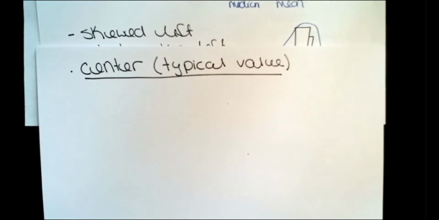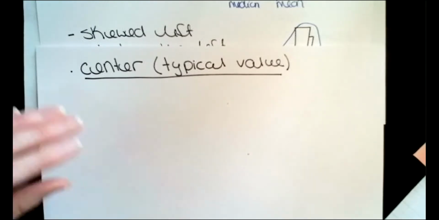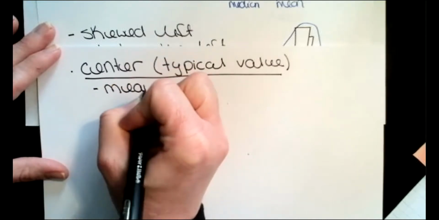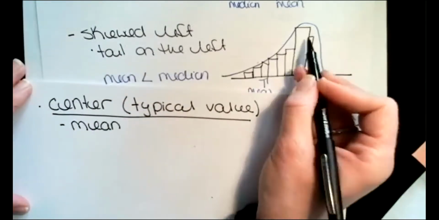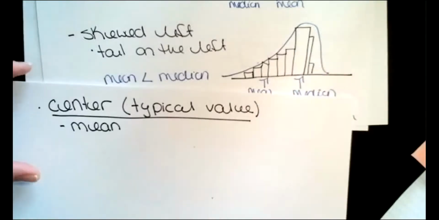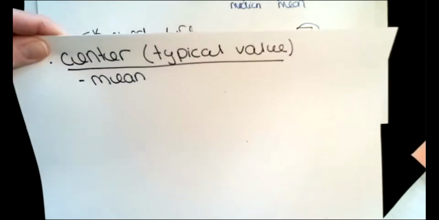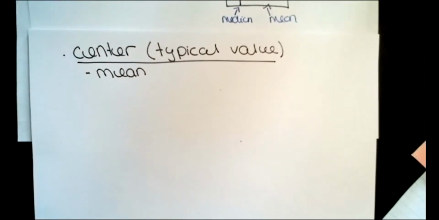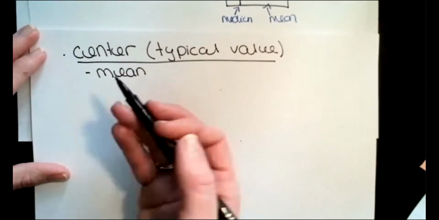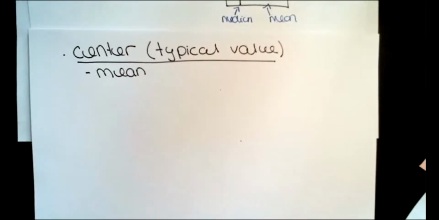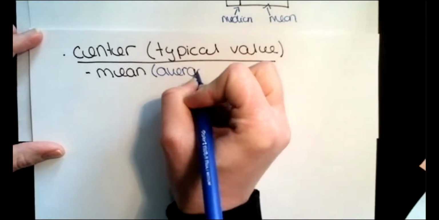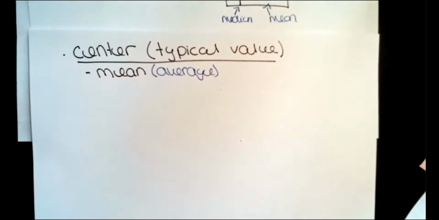And we typically use the mean or the median, right? We don't really use the mode that much. Remember what the mode is? That's the tallest bar in my histogram. And it gives me its own piece of information, right? But we don't really use that for the typical value or the center. We use the mean, which is my average of all my values. I write that down. Or I use the median,